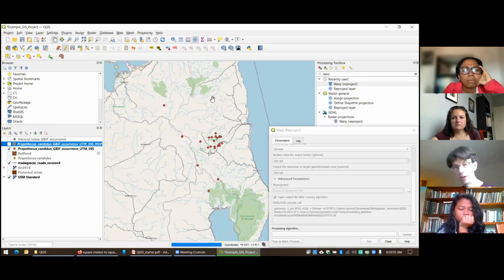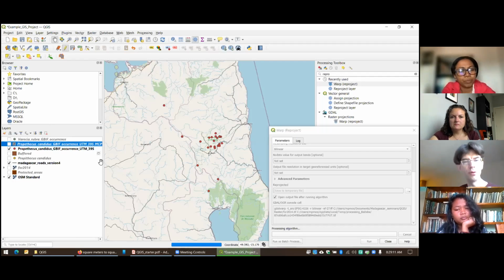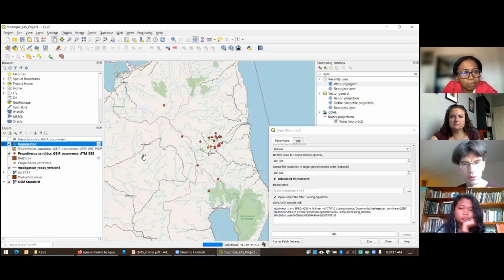There are a couple of different ways that you can create a kernel density surface. Essentially, a kernel density estimation surface shows the density of the points on the landscape. It has different values where you have very dense points versus areas where your points are more spread out. First, I'm going to show you how to display a kernel density function without creating one, and then I'll show you how to create one as well.